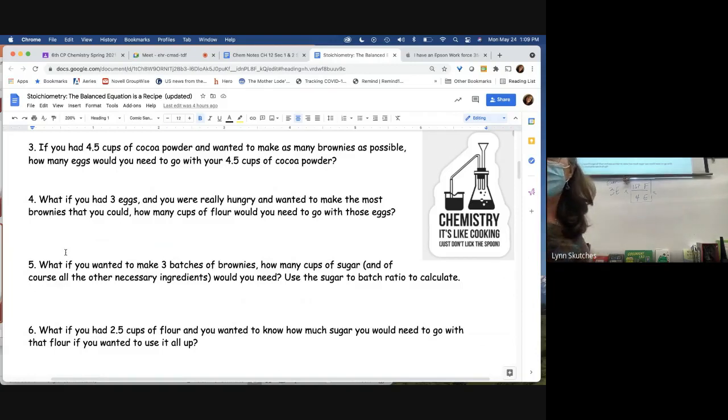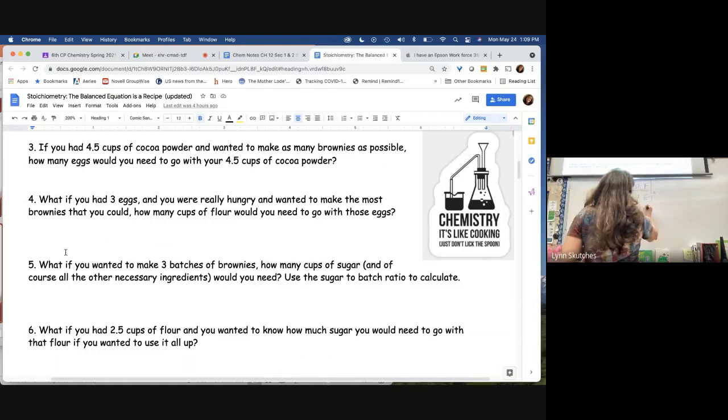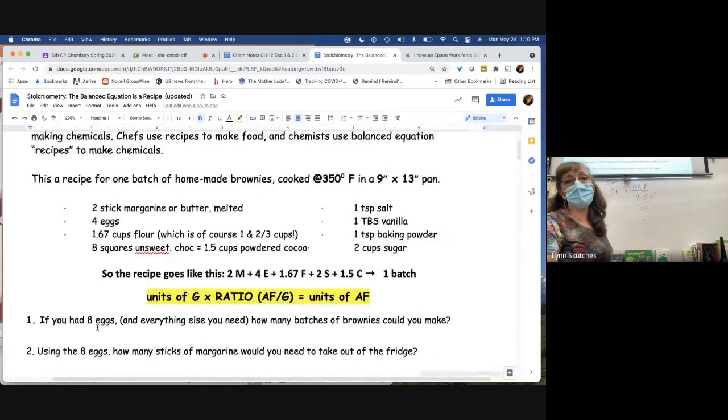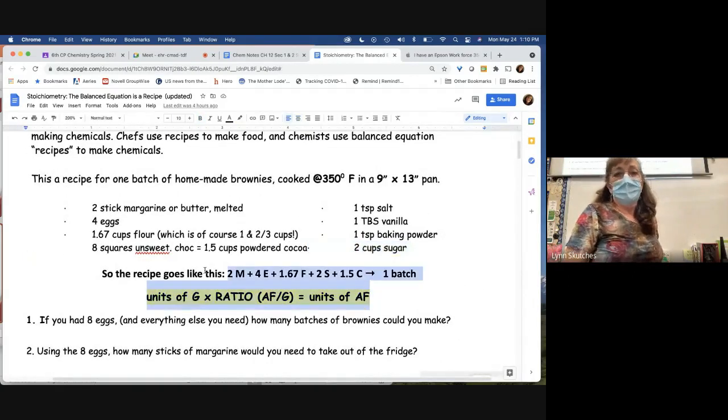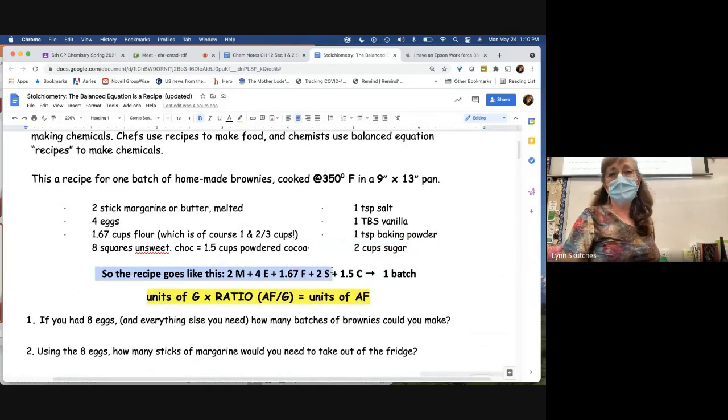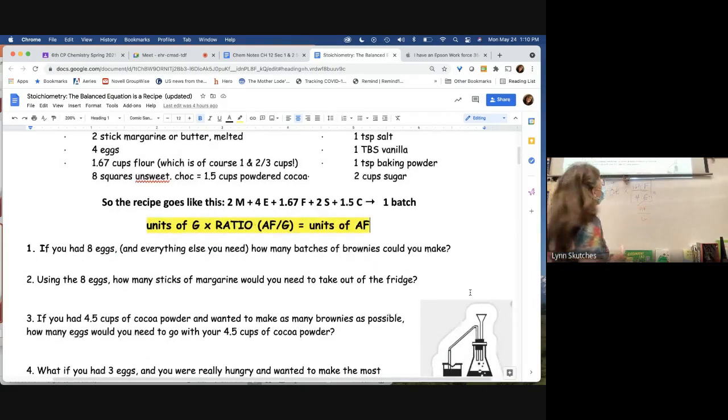Okay, it's all right. So again, eggs on top, eggs on bottom. We're left with flour. So the asked-for is on top. The given is on the bottom. Where do we get those numbers? We got it from the recipe. I guess I should have highlighted this one too. The recipe of our, oh, well, it's not going to highlight it for me. Anyway,